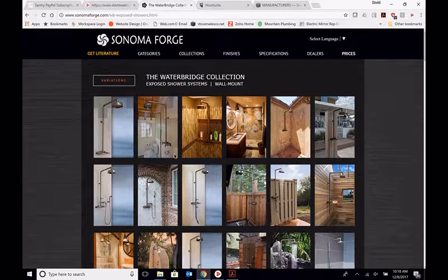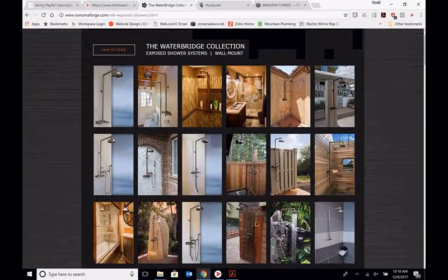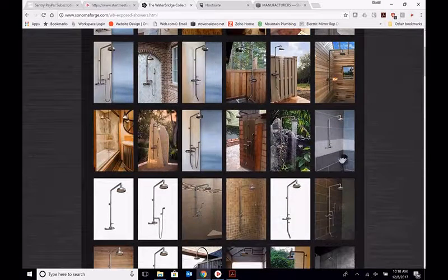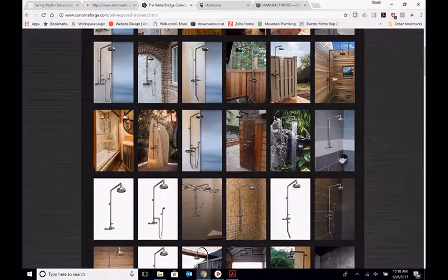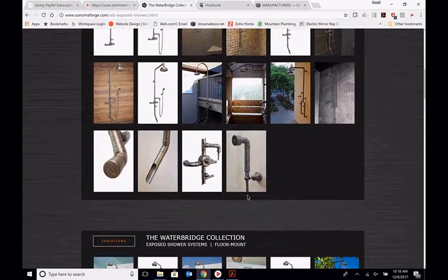Shower systems is a huge part of our business. You see we have lots of cool looking photos here for you to use. This is the one that's on the current catalog. We're coming out with a new catalog this year. Hopefully by the end of December it'll start shipping. And this is an actual install in Hawaii, so everybody wants to go and visually see that one,